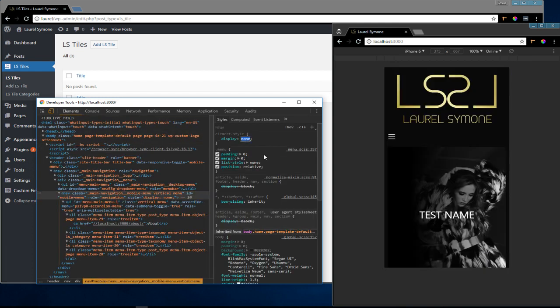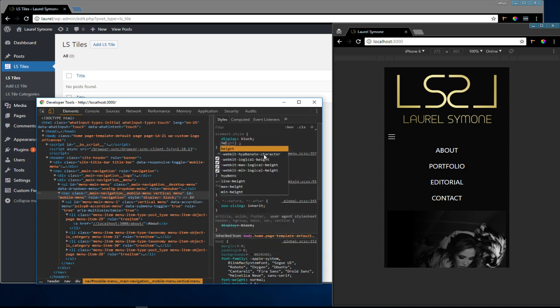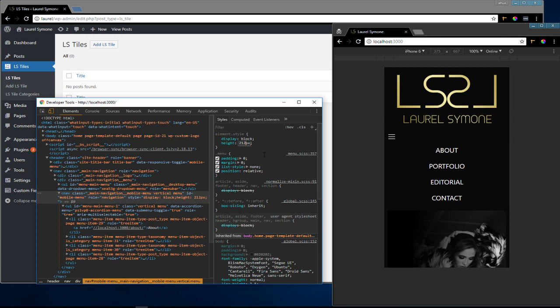So we're gonna do display block, height, let's do 0 pixels. Now if I do 212, one thing that I thought of is, if they add another navigation to the menu, then that height is going to increase. Yeah, so let's hold off for that. I kind of want to use jQuery to do that whole drop down animation, but